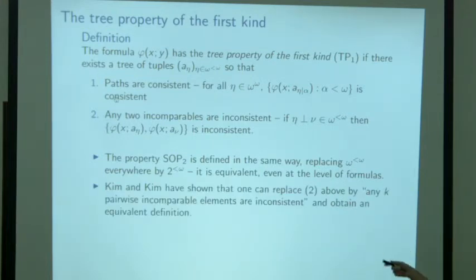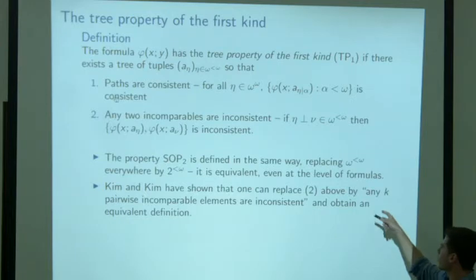And Kim and Kim have shown that if you replace 2 by a weaker condition, say any k pairwise incomparable elements are inconsistent, that will give you